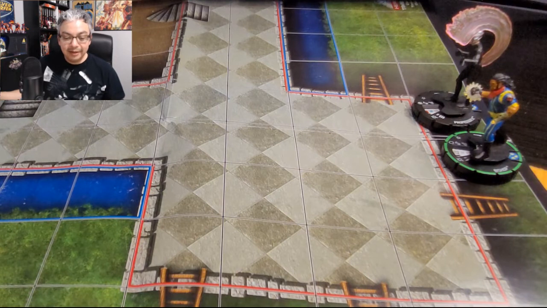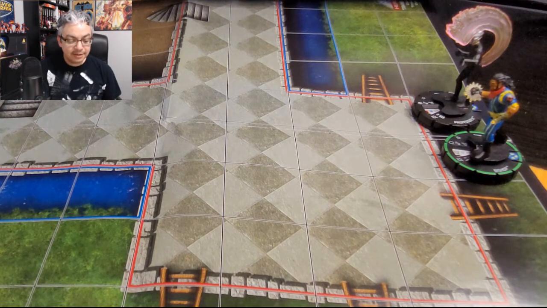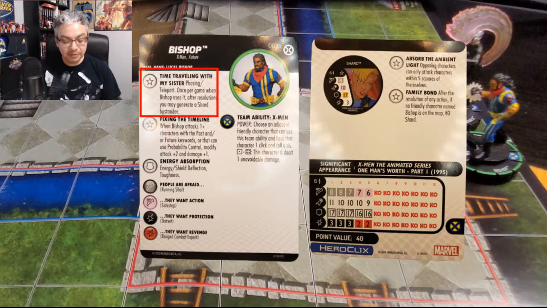Here we got Prime Bishop number 003B and Professor X from the same set, the House of X set number 42, the rare. We're going to take a look at combining Bishop with a couple of variety of X-Men, starting first with Professor X. I actually like this combination because Bishop here has a trait called Time Traveling with My